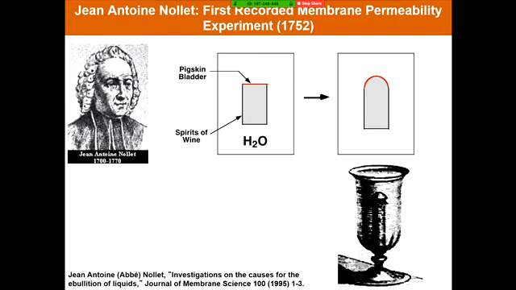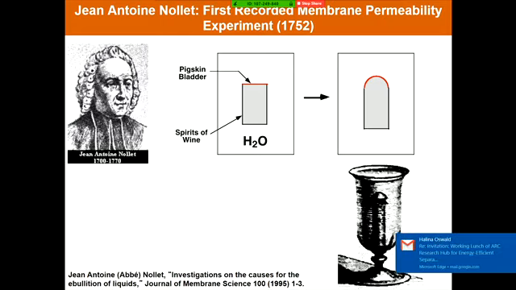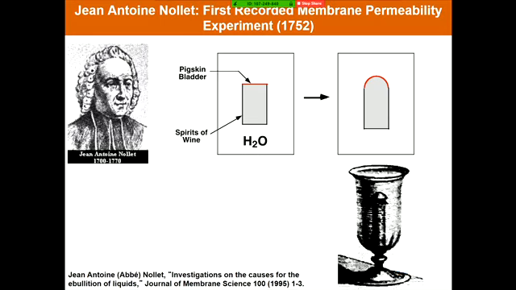to basically act as a seal. And what he found was that after a short period of time, you can see his device here, that this pigskin bladder was distended almost to the point of bursting. And he didn't know why this had happened, but ultimately, through a series of other experiments, concluded that what must have happened is that the water permeated across this pigskin bladder faster than ethanol could. And so the membrane is selective for water over ethanol.